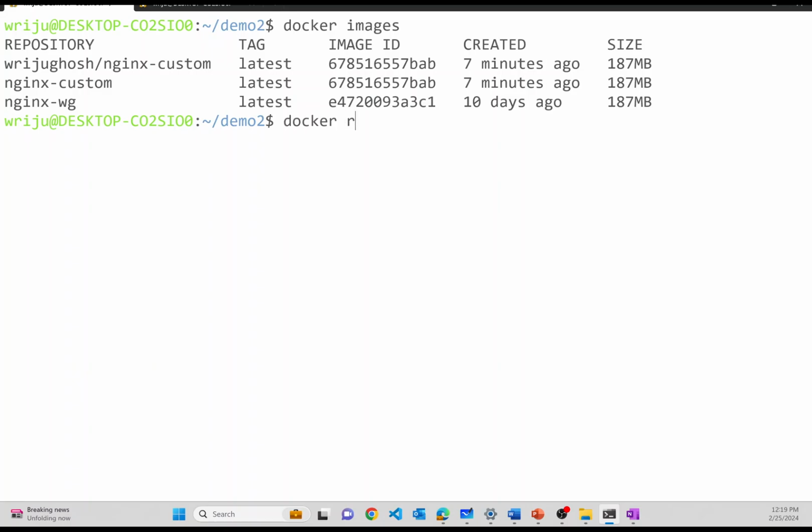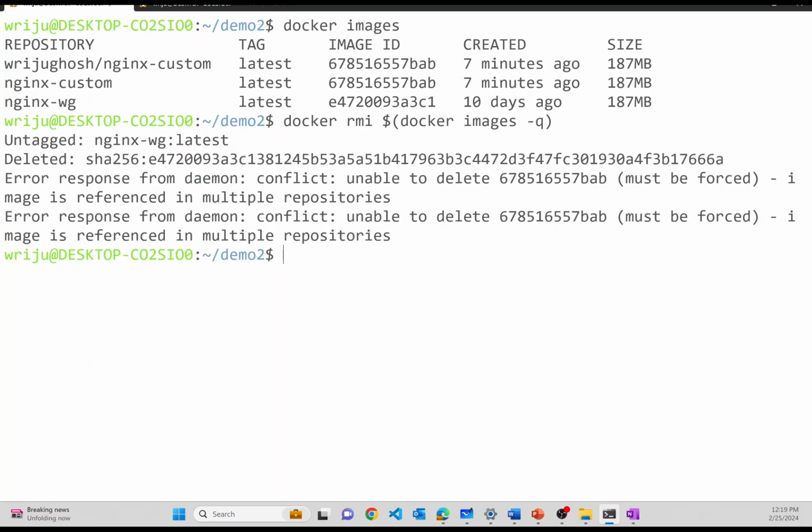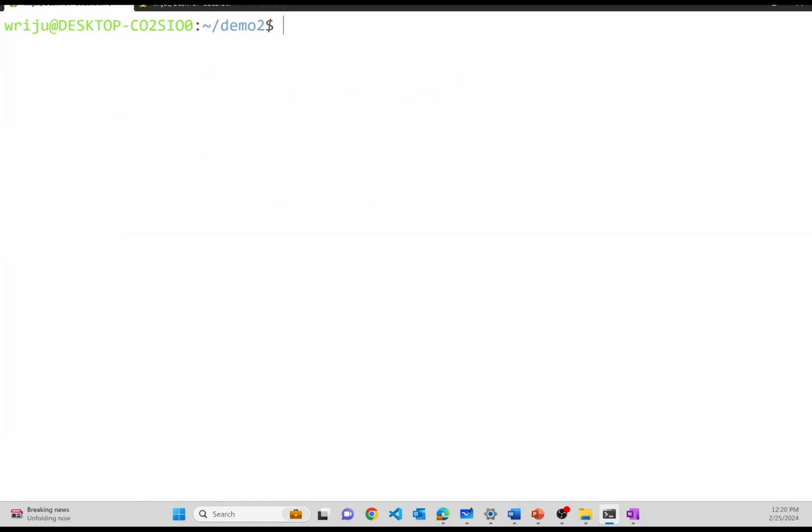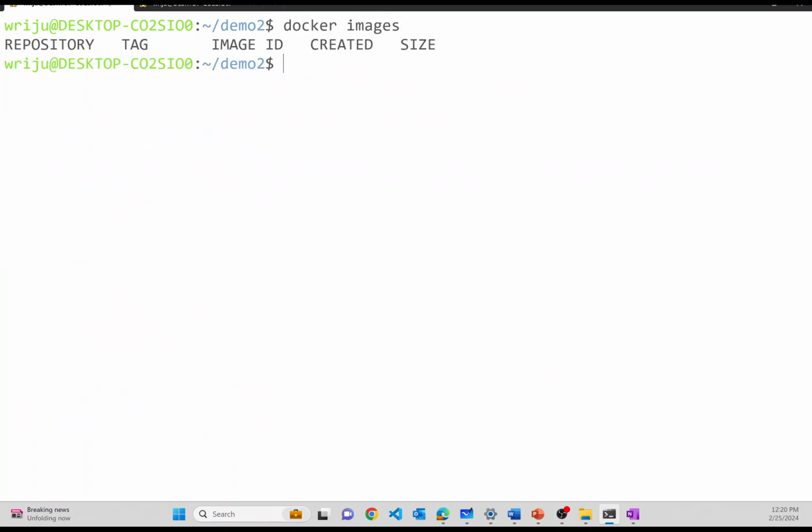Docker rmi, that's the image deletion. And I say docker images -q, dash dash force. And if I say docker images, there is no images. So right now there is no image in my local machine. There is no container in my local machine,